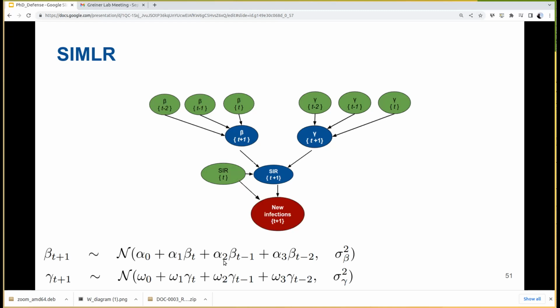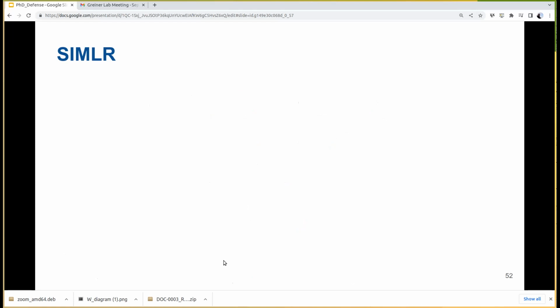And then by just comparing the number of infections in the new state and the number of infections in the current state, we can get the difference. And this is just a deterministic operation, the difference between these two. And this is the number of newly infected people. So for example, if we have 100 infected today, and my prediction is that next week we are going to have 120, then how many new infections will we have? Well, 120 minus 100, 20 of them. And this is how we make the prediction of the new infections. And it works quite well.